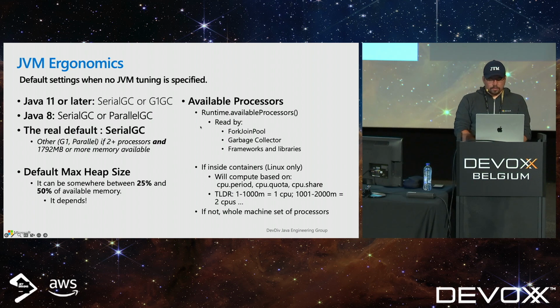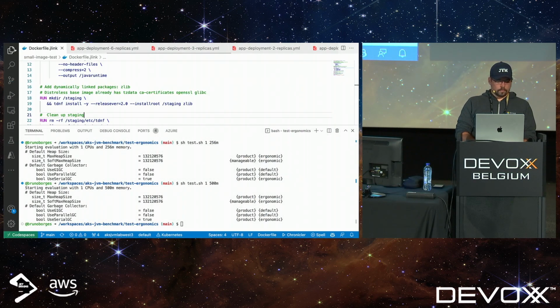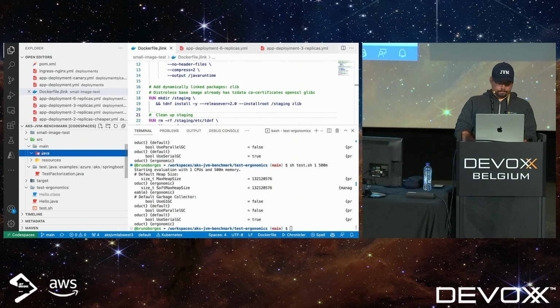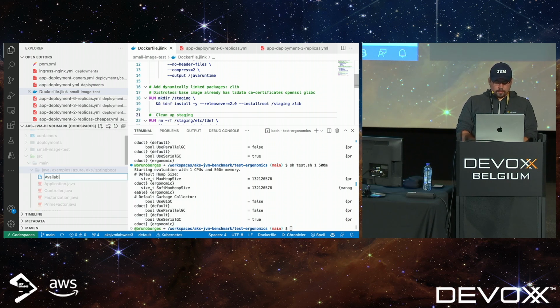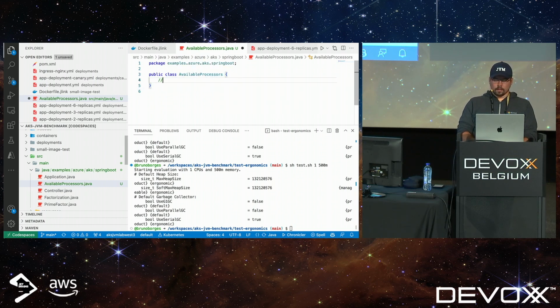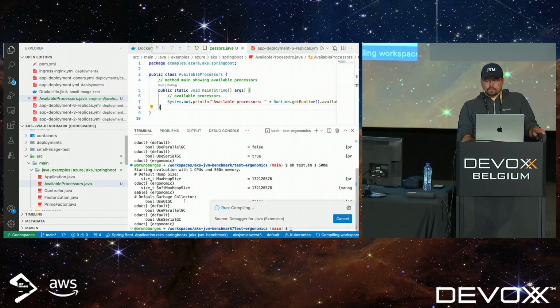So let's try that, and let's talk about this a little bit. So we're going to go here and create a little program, AvailableProcessors.java. Giving me method main showing available processors. And that's GitHub Copilot. So now I'm going to click Run. And this will show